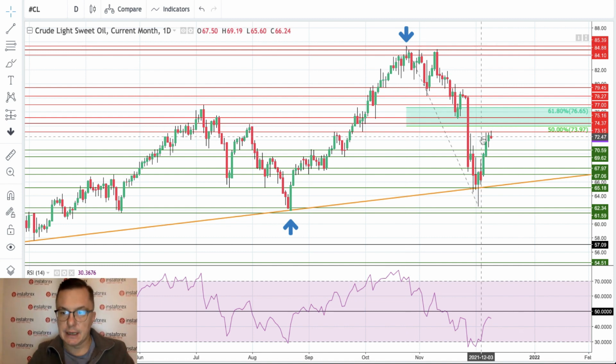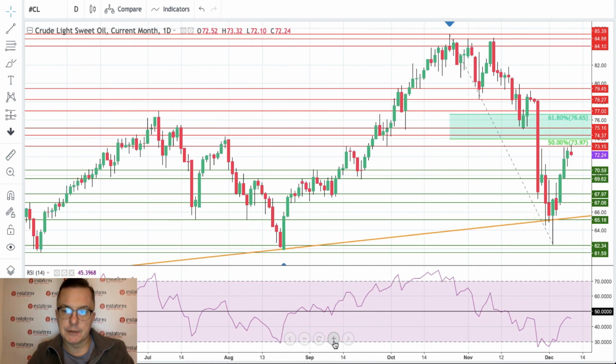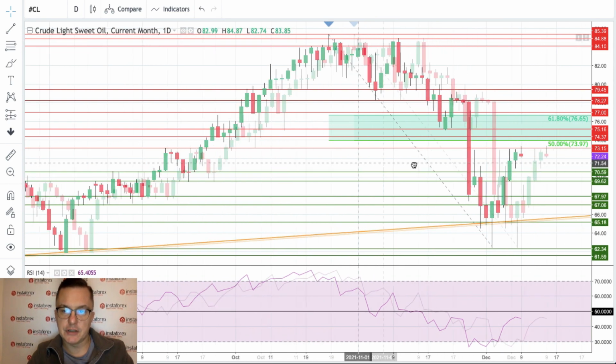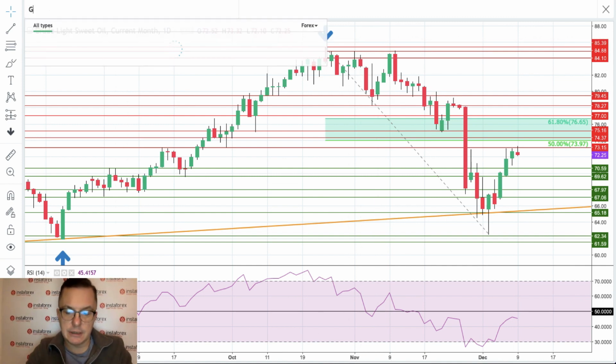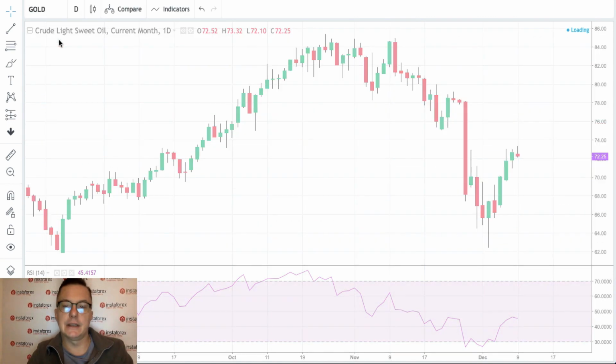So today's candle, as you can see, this is daily time frame chart, so there is no doubt this candle might change in the near future. However, it starts to look kind of red already. So if you are talking about crude oil, let's take a look at gold as well to see what is